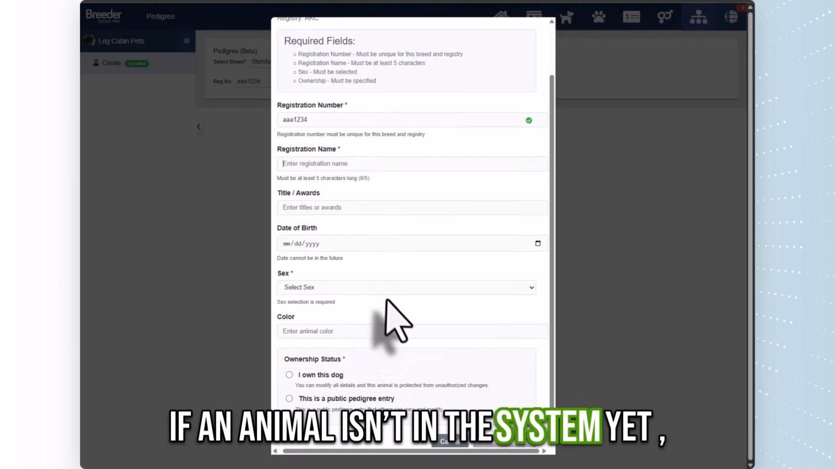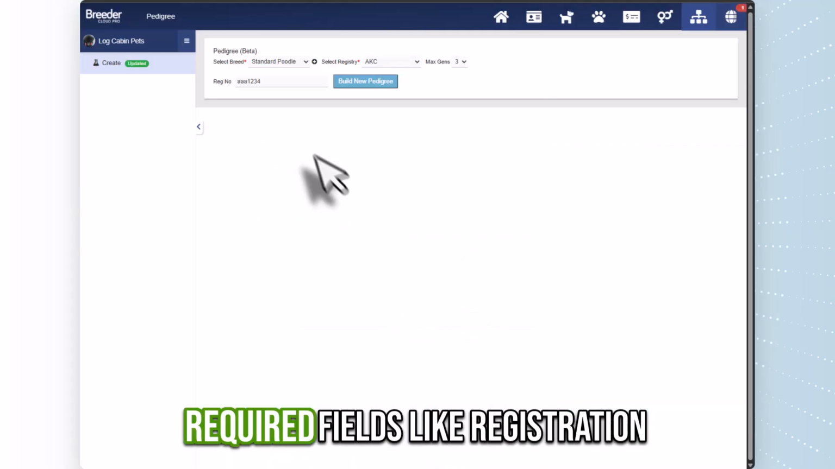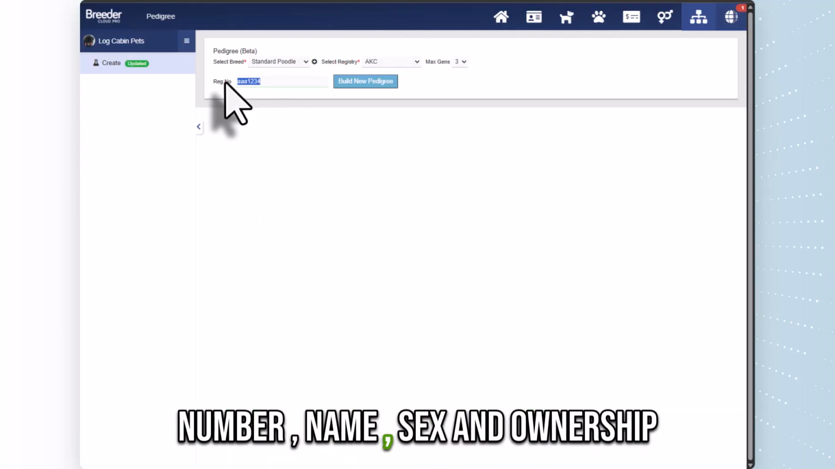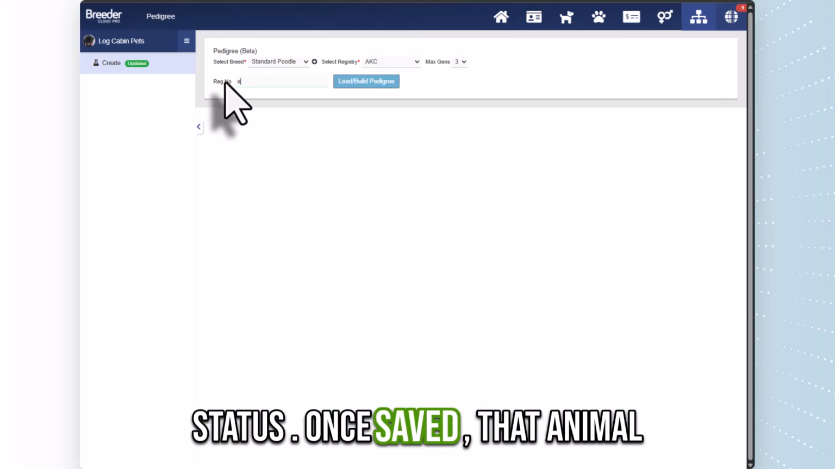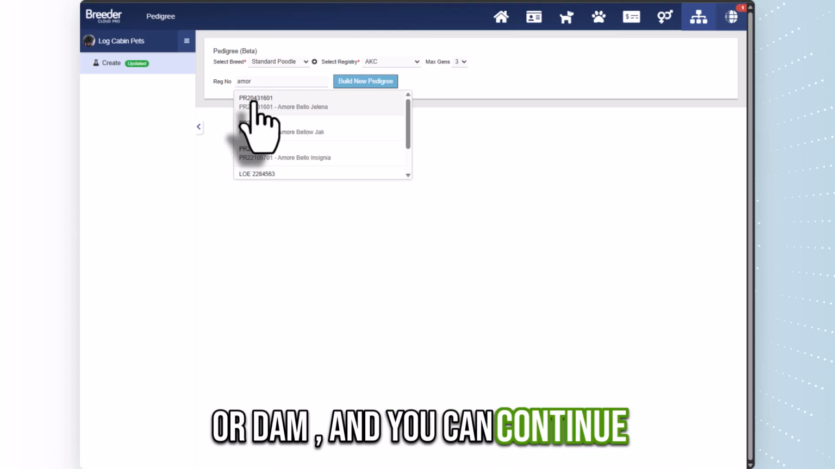If an animal isn't in the system yet, you can add them. When you add a new animal, you'll enter the required fields like registration number, name, sex, and ownership status. Once saved, that animal becomes available to link as a sire or dam, and you can continue building the family